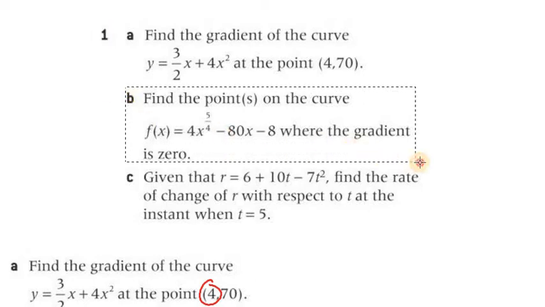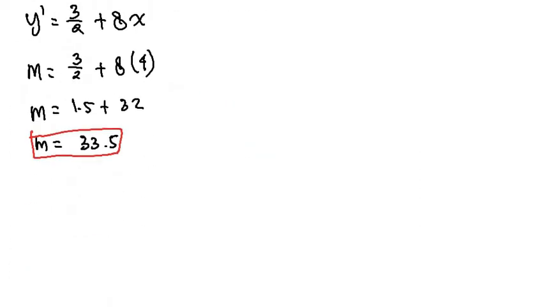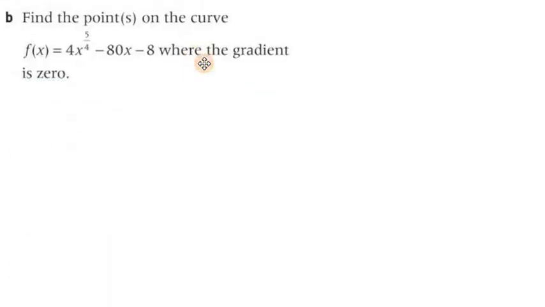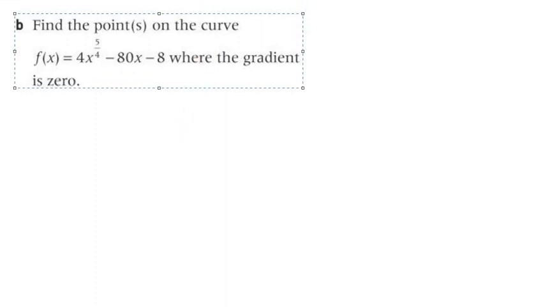Let me take the question. Copy. Bring it down here. So B. We have to find the points on the curve f(x) equals 4x to the power of 5 over 4 minus 80x minus 8 where the gradient is 0. So once again, it talks about gradient. The gradient 0 means we have to find the gradient function of this, the first derivative of that, f'